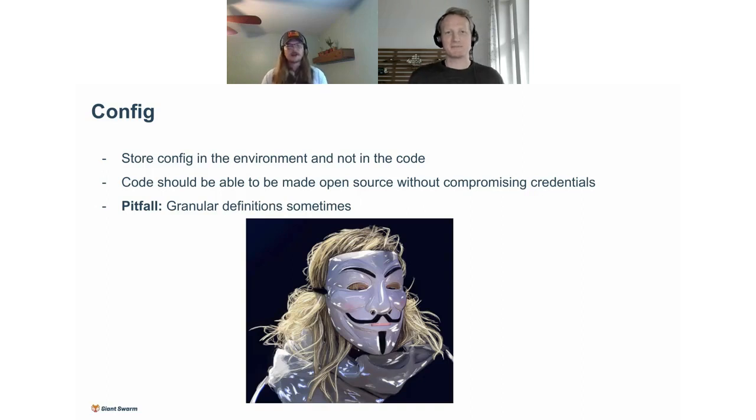The pitfall, however, with configs is they can get very granular. So if you're managing a number of apps, a number of config maps, a number of secrets across different environments, there has to be some kind of central management or good way, whether it's a pipeline or that version control that we talked about earlier. But there has to be a good way to keep track of the revisions and then keep things consistent across the environments.